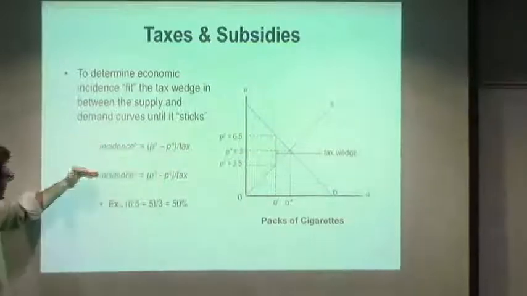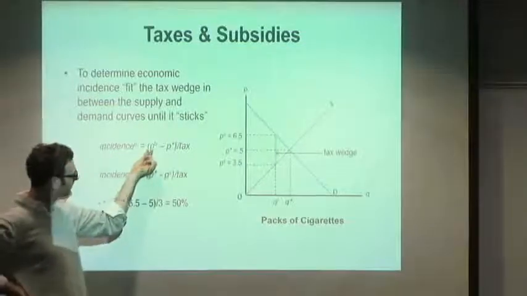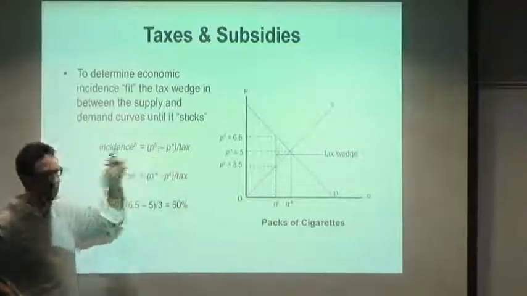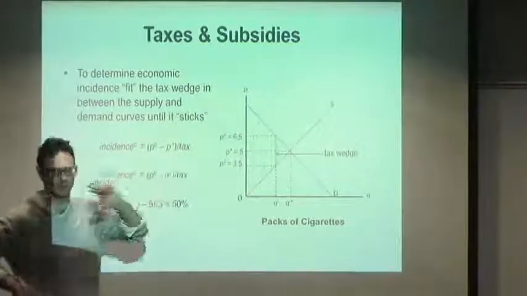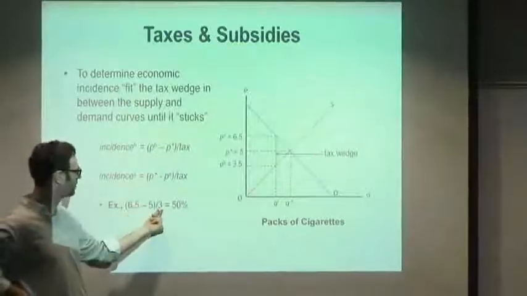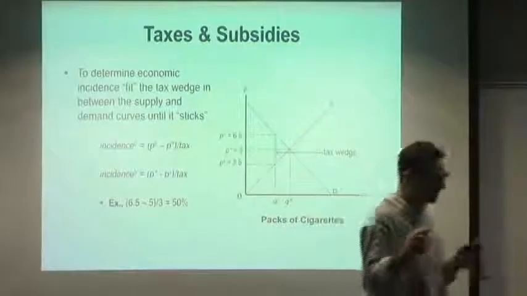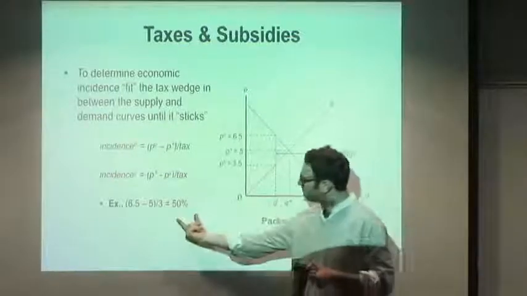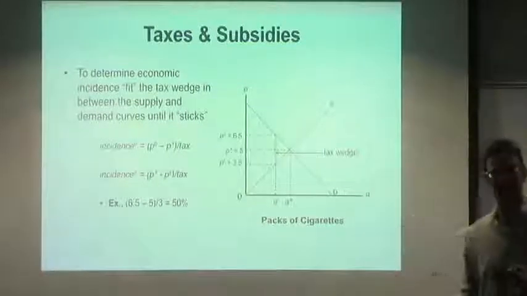Now, to calculate the actual economic incidence on buyers, all you do is take the price that the buyers paid post-tax, PB, in this case $6.50, subtract from that the price that they would have paid pre-tax, in this case $5, and divide by the tax itself, in this case $3. So $6.50 minus 5 is $1.50, over 3 is 50%, 0.5. So when it's talking about economic incidence, who actually pays a tax, one way that we can state this is that buyers pay 50% of the tax in the form of higher prices paid, regardless of who the actual legal